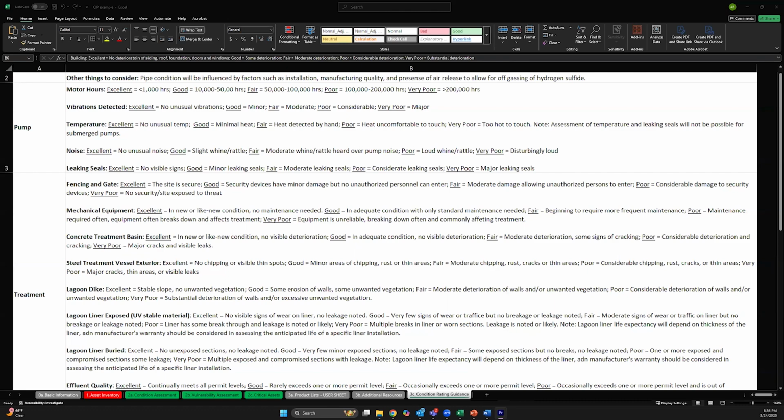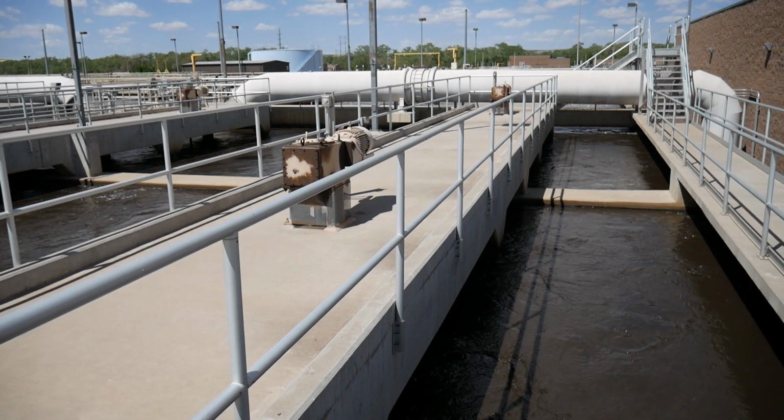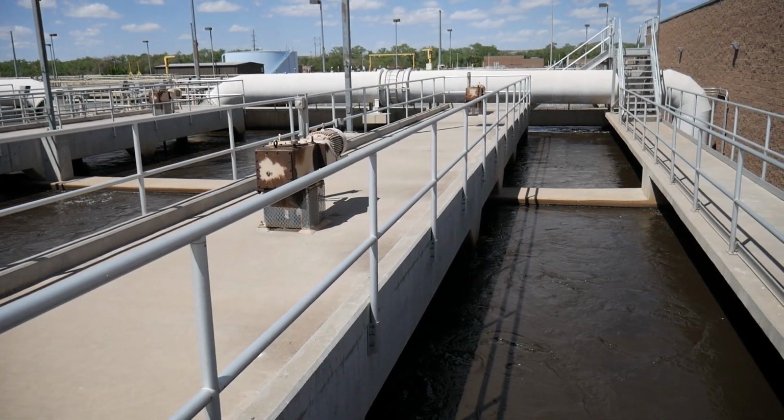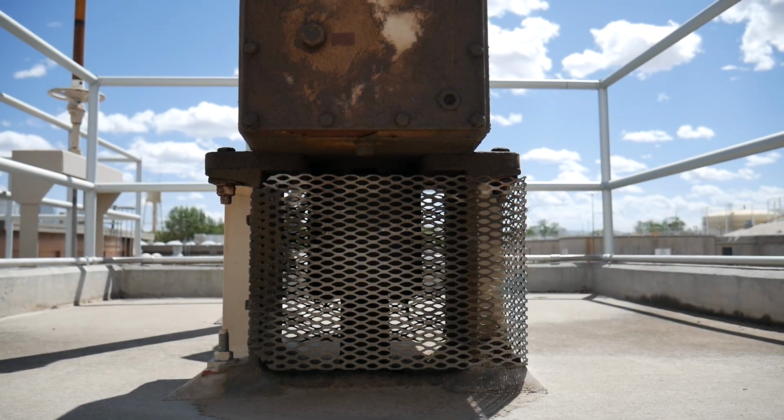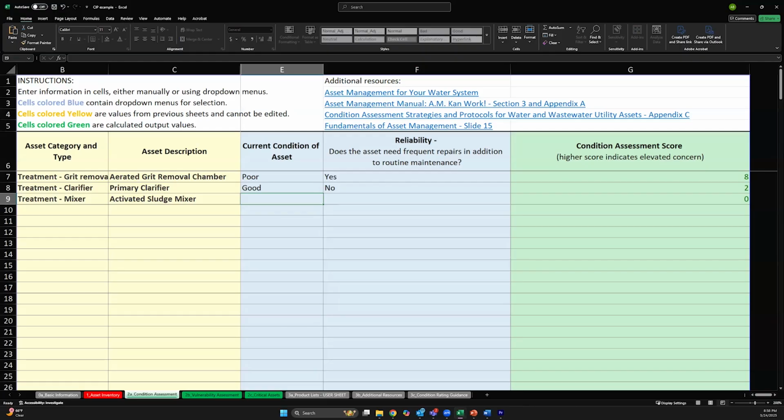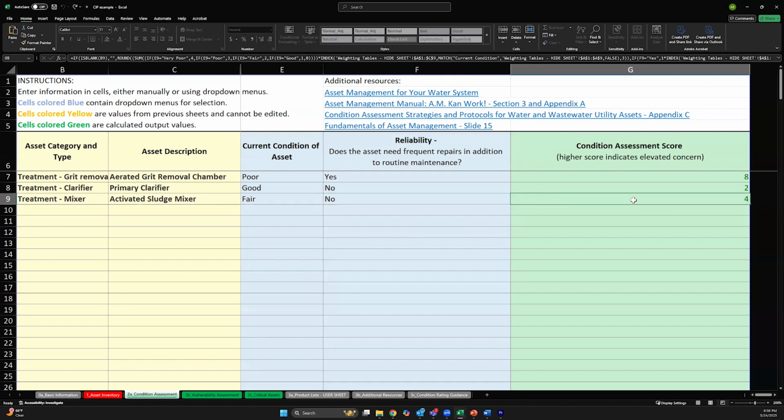If you'll remember from our notes, we indicated that the mixer motors produce some vibration and produce some heat. For other mechanical systems, this correlates with a fair rating. We will go ahead and select no for reliability because we know the mixers only need routine maintenance at this point. The SCAP tool calculates a condition assessment score, and we can move on to our next tab, which is our